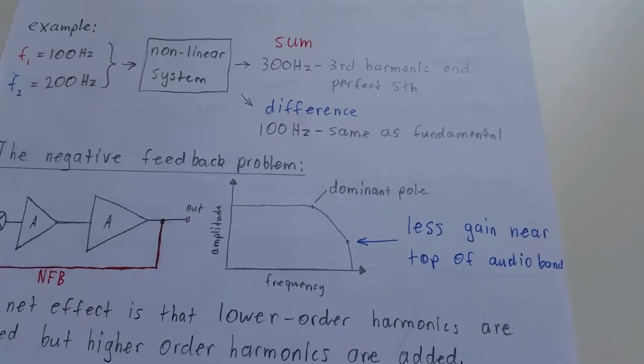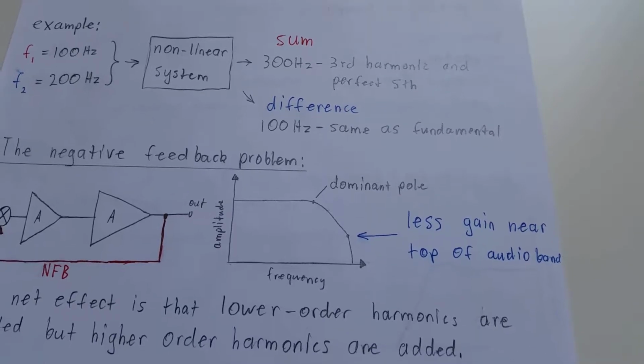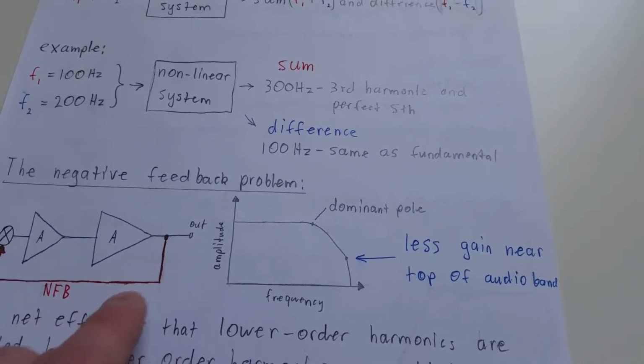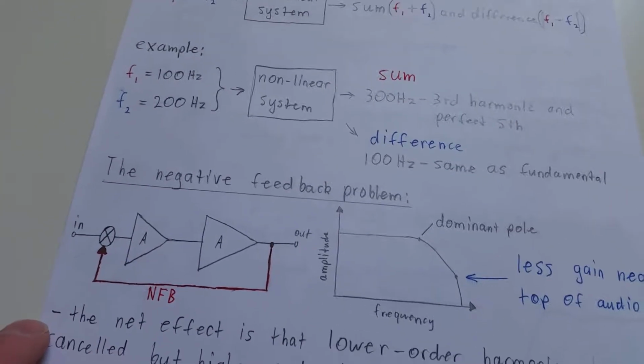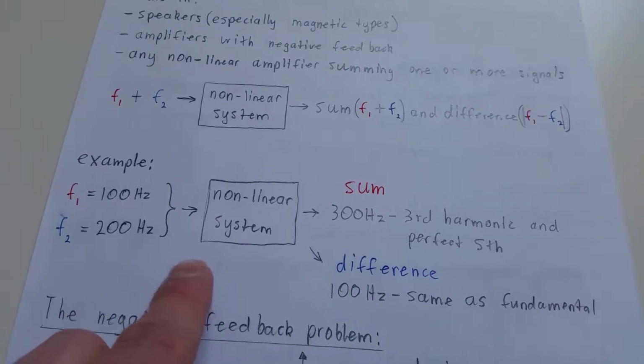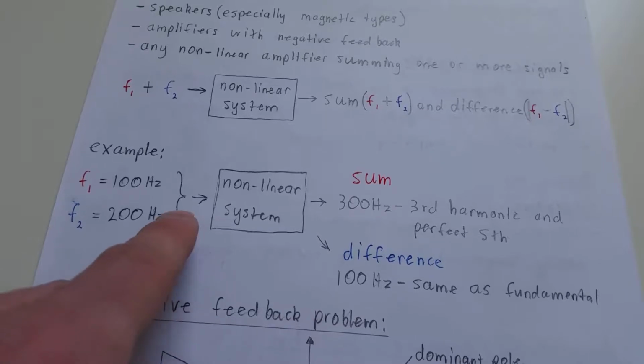That's just how amplifiers work, most of them, without negative feedback anyway. And the problem is then you don't have as much gain to turn into negative feedback to cancel out those upper harmonics. If you think about it, if you were to take 300 hertz again and feed it back in,